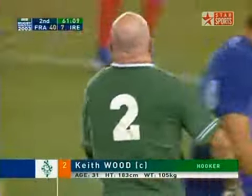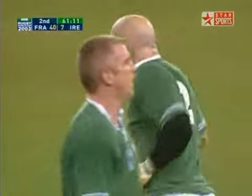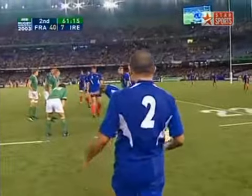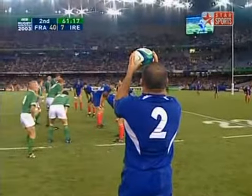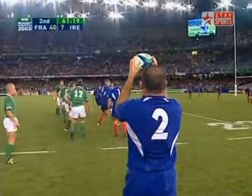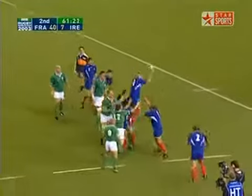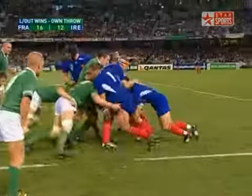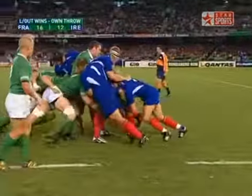You can't possibly tell me he meant that, to get it inches inside. He's a hooker, for goodness sake. They don't have those skills. Dan, some front rowers didn't have them, some did. Keith Wood's got them. Well, he stole mine, and I want them back. Dan Crowley thought he had them. He always